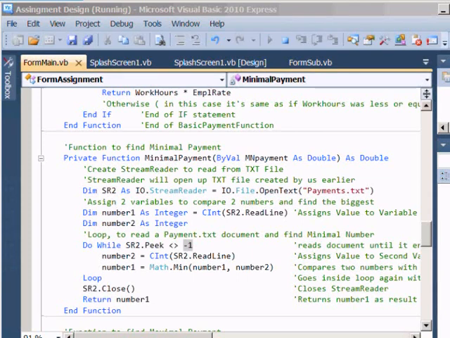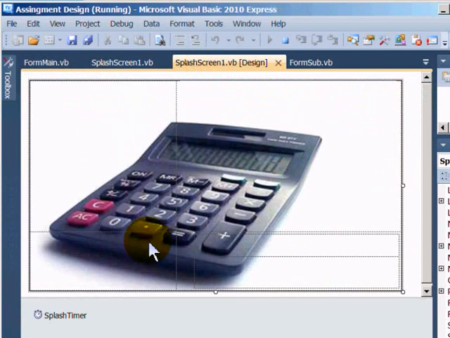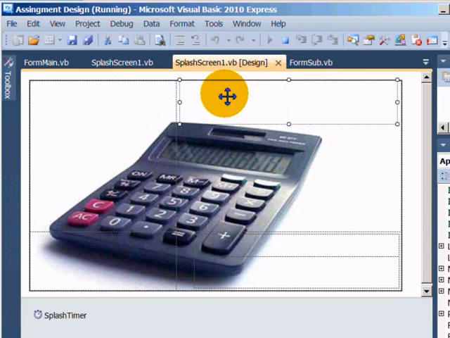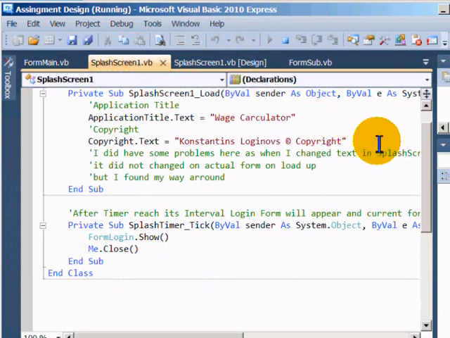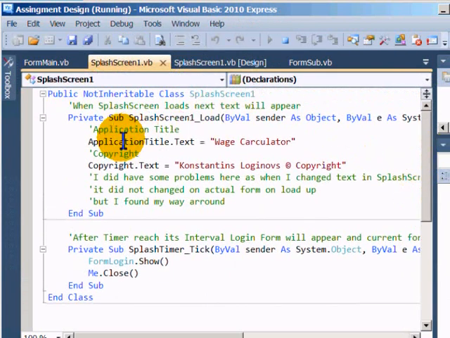Another one, splash screen. You see, that's my splash screen form. It doesn't have any titles, nothing, because when I added the title to this, it still appeared as a basic title when I loaded my program. So what I did, I just went inside the code, and every time it loads, it says that application title text will be equal to the wage calculator, and that's how I got around it. It took me like 2 minutes or something like so. So it wasn't so hard,